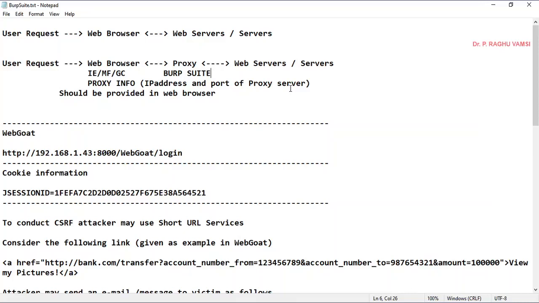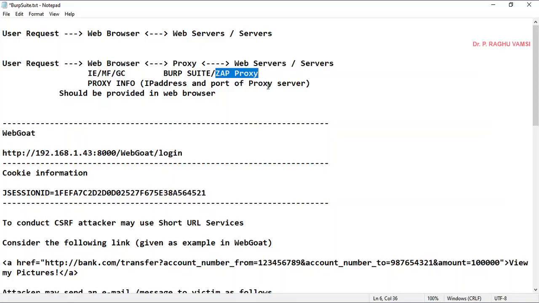So, along with Burp Suite, to work with the OWASP WebGoat security vulnerable application, OWASP has provided a proxy tool called the Zap tool. Okay, Zap proxy. So here, you may use either Burp or Zap proxy. Zap proxy is a free tool developed by OWASP and freely available on Kali Linux. So today we'll see the exploration of the Zap proxy.